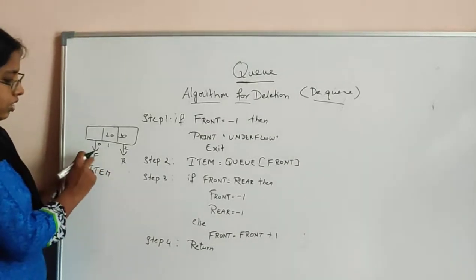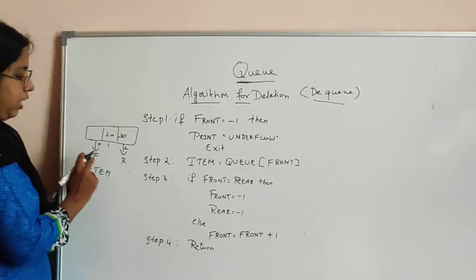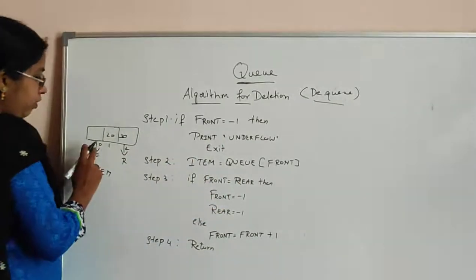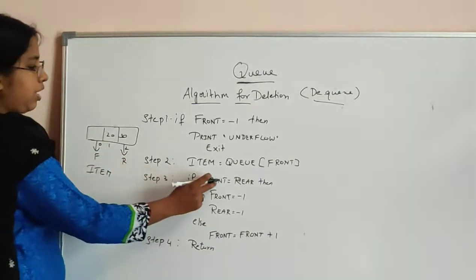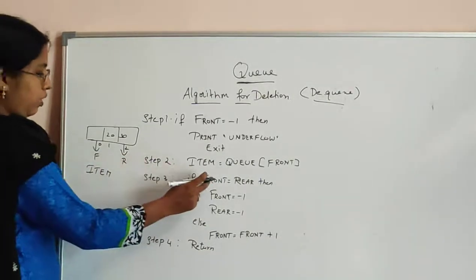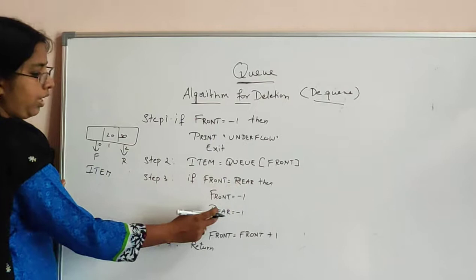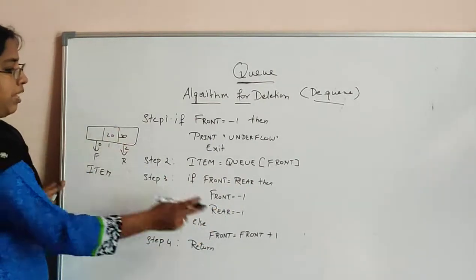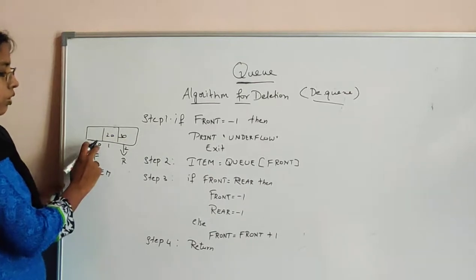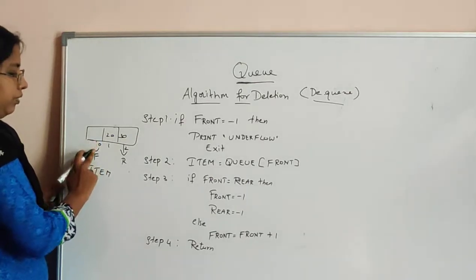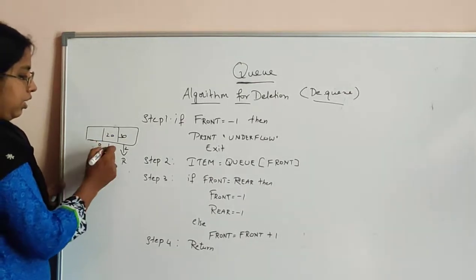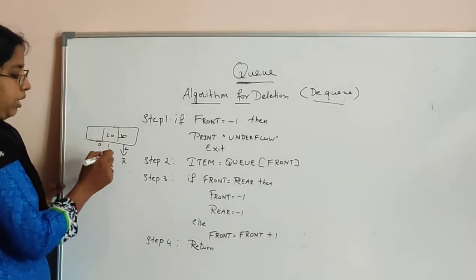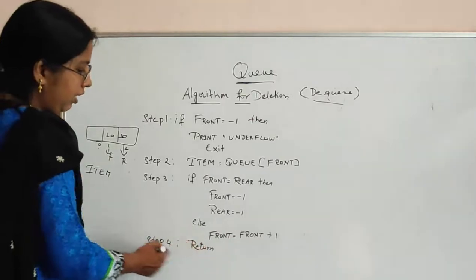Okay, then we have to change the front position. In order to change the front position, the next condition is front is equal to rear. Front is 0 and rear is 2. So this condition is not true. 0 is equal to 2? No. So it won't execute. It goes to the else part, and front is equal to front plus 1. Front is how much? 0. 0 plus 1 is 1. So this becomes the front. Which was 0, now it becomes 1. Then it will return.